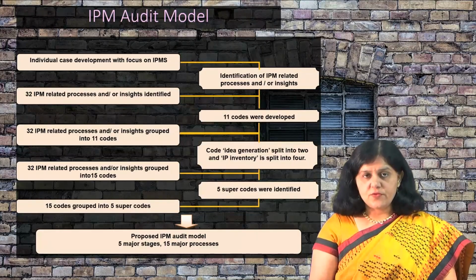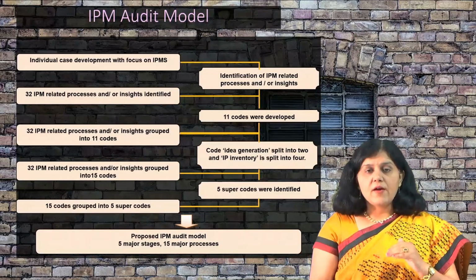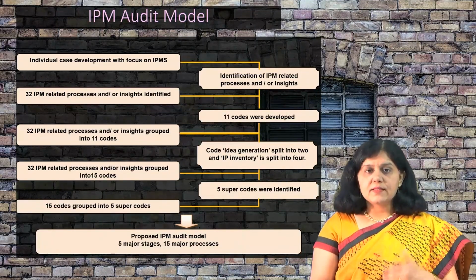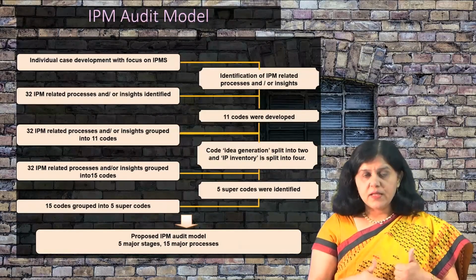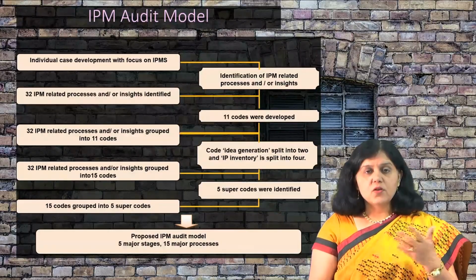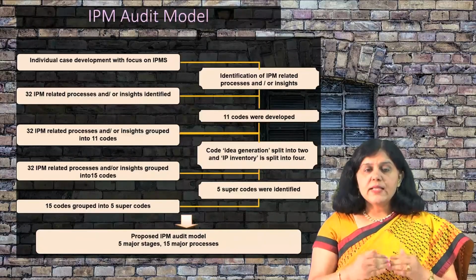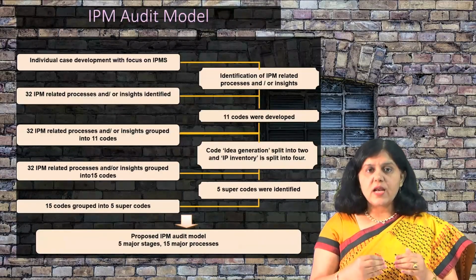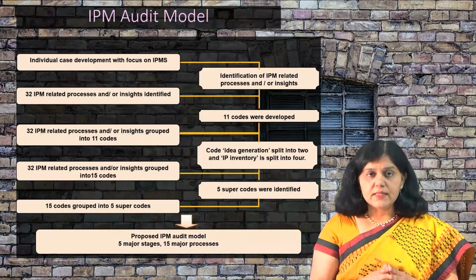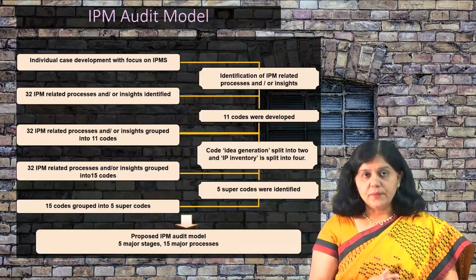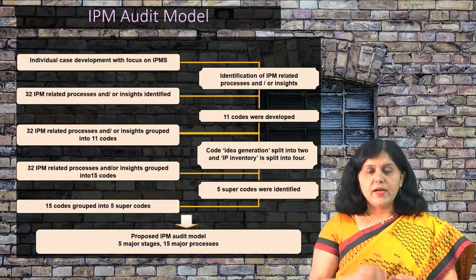The organizations which we have selected for studying IP management, we have set some parameters for that. It should either be a top IP filing organization, that is one thing. Second, it should be a Thomson Innovation award winning organization. So, we can say these are IP savvy organizations with a good IP portfolio, and they are all from the same sector, that is the electrical engineering sector. Then we have studied the IP management of each organization in very detail.